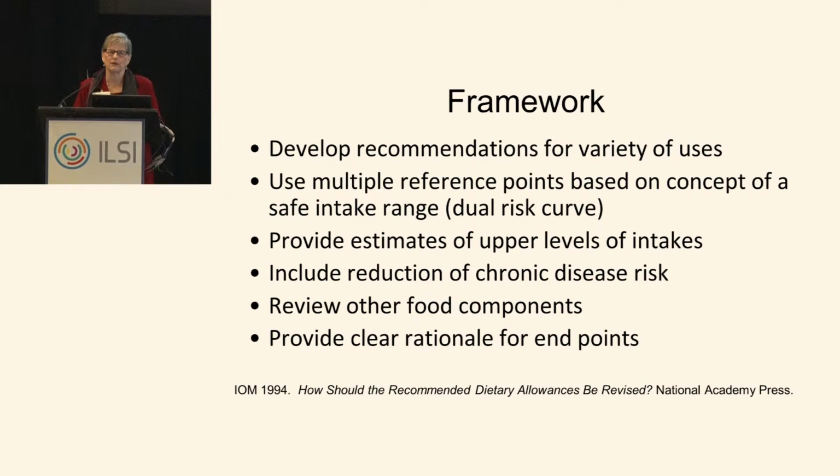Now the framework, this new framework, going from 1 value, a recommended dietary allowance, to multiple values, was brought about because of concern that there are a lot of uses, and so one needs recommendations for a variety of uses,